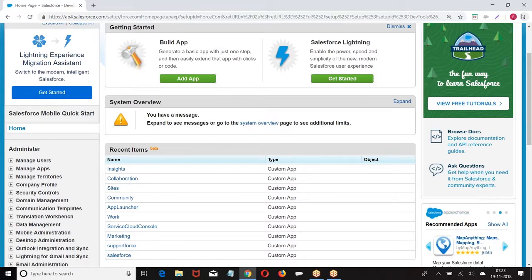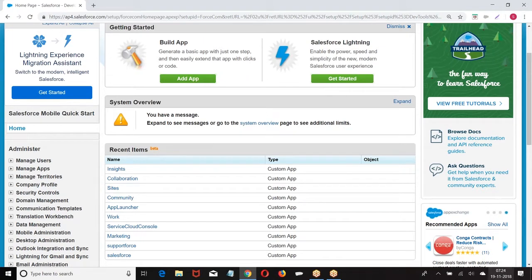There are two more associated topics with that: page layout and record type. We'll come back to that once we do the profiles, because we control the page layout and record type based on the profile. Let me finish the profile topic first, then I'll come back to page layout so that you understand better. Now, the remaining type of field we have is formulas.